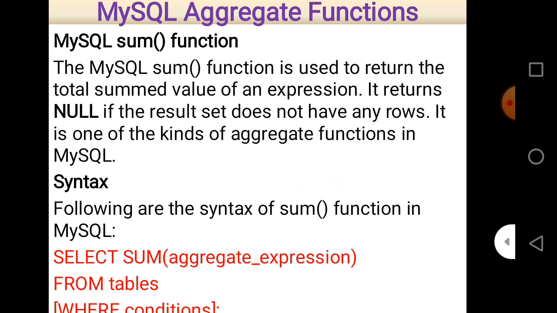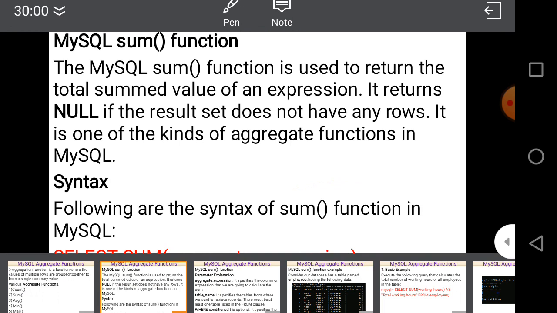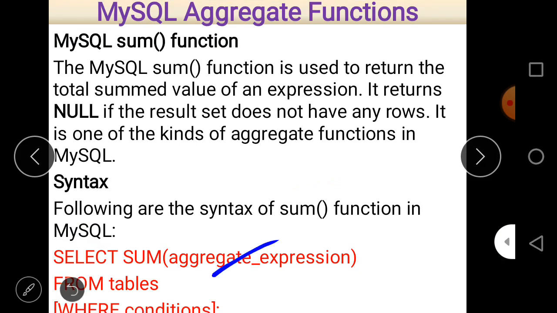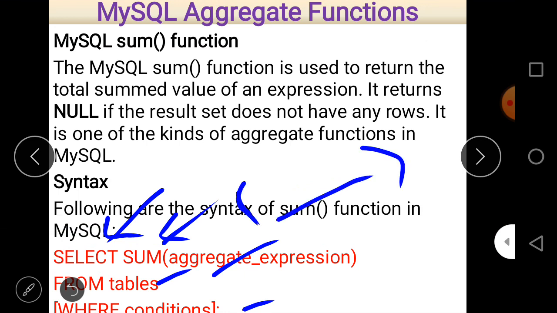And that is the syntax, as marked with a red pen here. This is select sum. First of all, use the keyword sum. All aggregate functions we can use with the select statement. So just write select and then the name of the function, and after that the parentheses, which indicate it is a function, and here the aggregate expression.